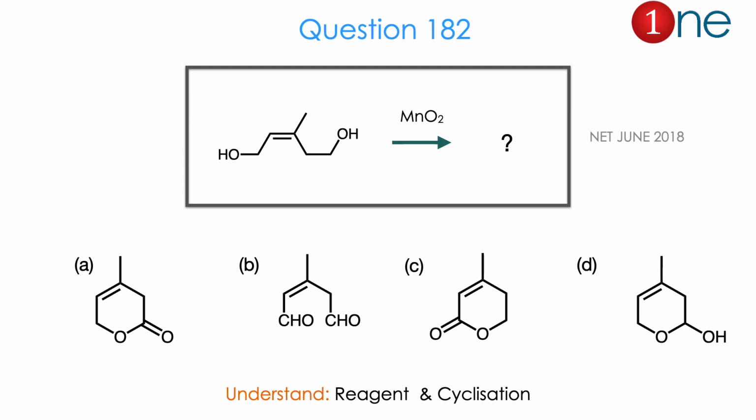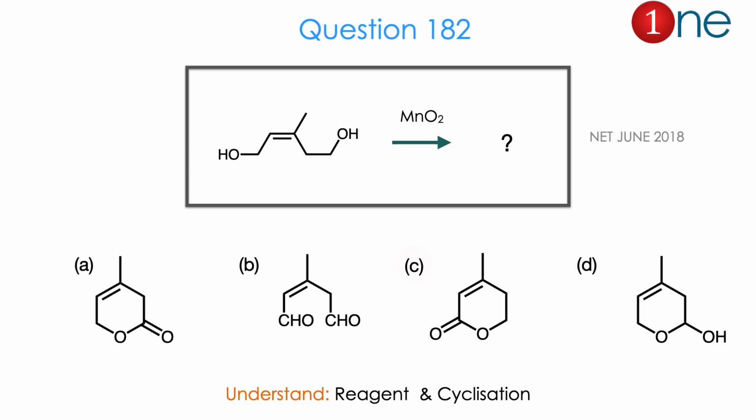Then let us look at the next question. You have an alkene attached with a methyl and it is attached with an alcohol with 1 methyl group, 2 methylene groups. You are using MnO2, and they ask you to find the product. The products can be cyclized ones with ester formation with different orientations. The ketone formation can be on the first position or the sixth position, or the open chain with a dialdehyde group, or just the alcohol formation. So there are 4 possibilities.